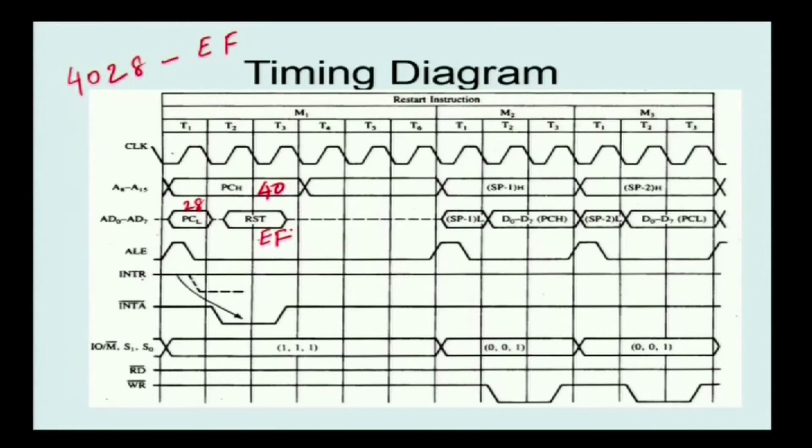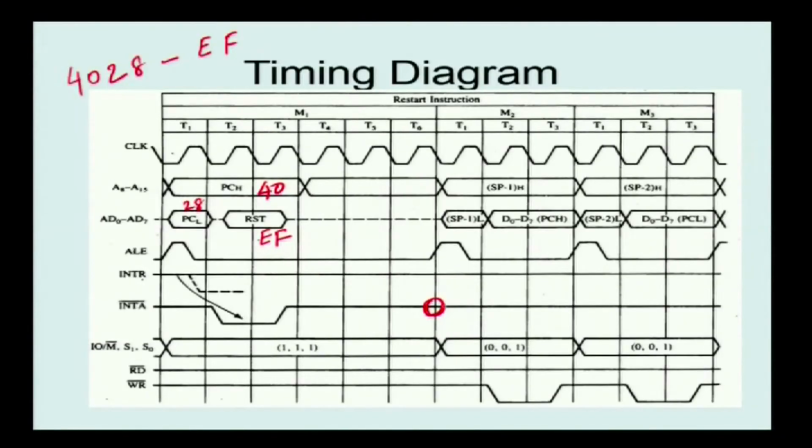After that the INTR signal is high, it represents the interrupt is requested, then it sends the interrupt acknowledgement signal. After sending the acknowledgement signal, now is the time to identify the address where to switch over. So, the corresponding interrupt request is identified, then the corresponding interrupt service routine address is calculated, which is stored